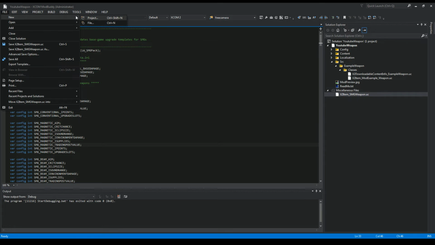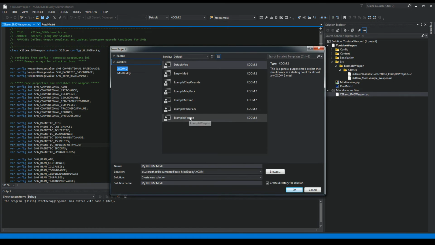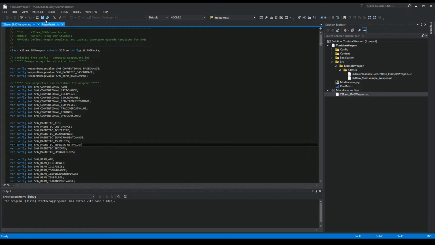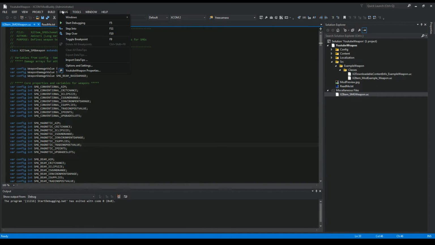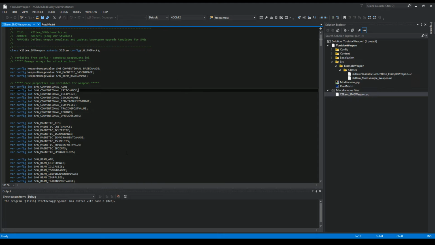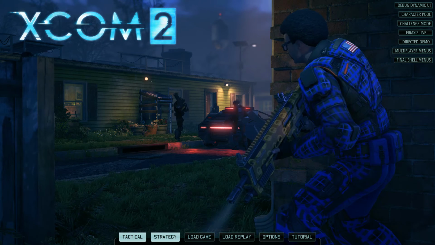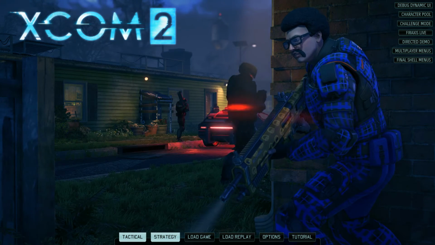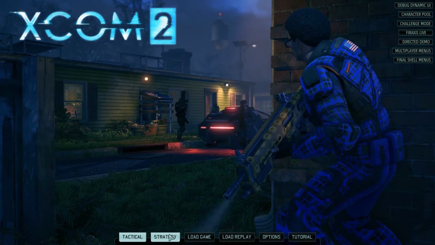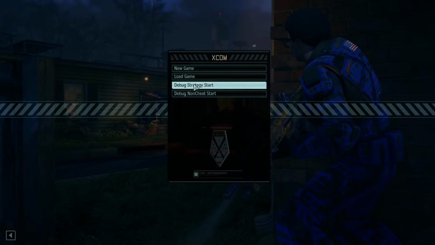File, new, project, example weapon. Start that out, and then once you have it all loaded, all you have to do is select debug, start debug, and it'll start loading all the files up together, and you'll get the play screen, and then just choose the example weapon mod and start the game. And then we'll get back to the actual mod. And once you're here, we're going to select strategy, debug strategy start,